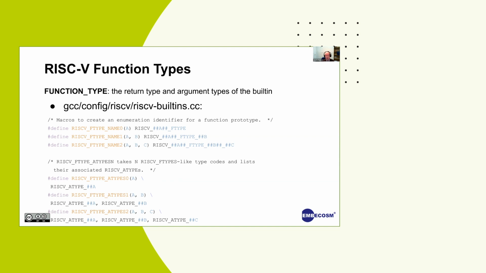Now you have to create these for yourself. So you create macros to define different function types, so we've got a function type for different function prototypes. Then you associate them with different address types. One of the big things we had to do is RISC-V actually had very few of these originally, and we've had to create more because we've got a richer set of built-ins here.